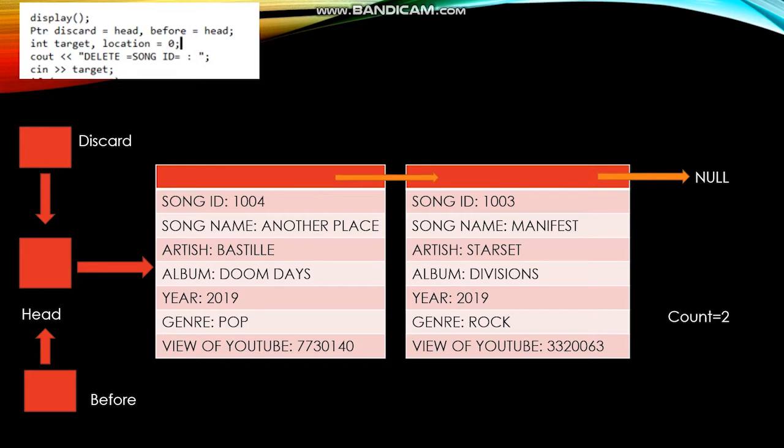After that, at the first, we need to create the pointers, which are discard and before. Discard means the data that you want to delete, while before is just a marker at the positions. So at the first, you need to let your discard and before equal to head. After that, you insert the target, which is song ID. Song ID is a primary key